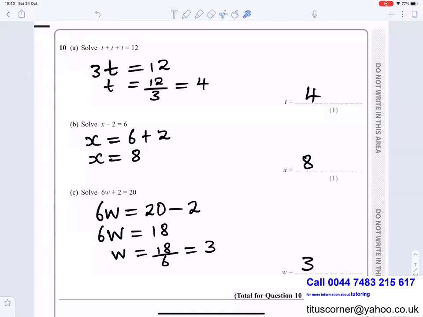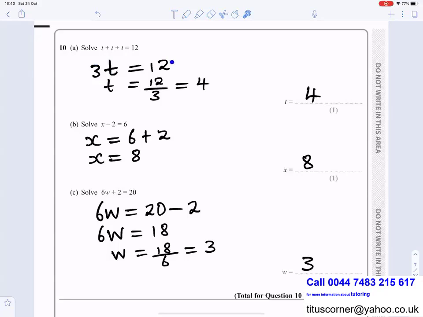Question 10. These are algebra type questions. Solve T plus T plus T equals 12. Solve means look for the value of T. What do you add to itself? What do you add 3 times to get 12? So T plus T plus T gives you 3T